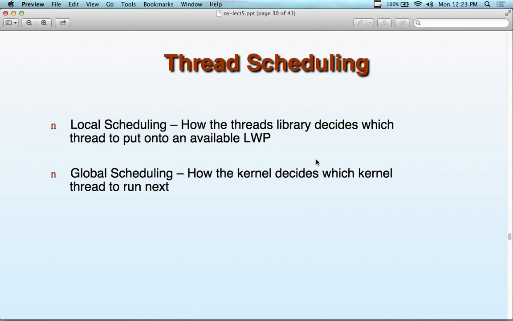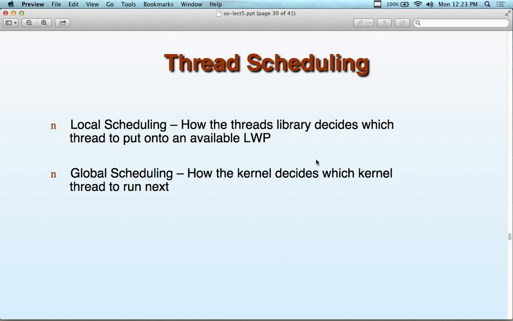We can also have thread processing for the CPU time and scheduling. So local scheduling is how the thread library decides which thread is put onto an available processor. It depends on the scheduler, the lowest priority or the highest priority, in terms of what that thread belongs to. This isn't really done today. Instead, we think of thread scheduling just like process scheduling,